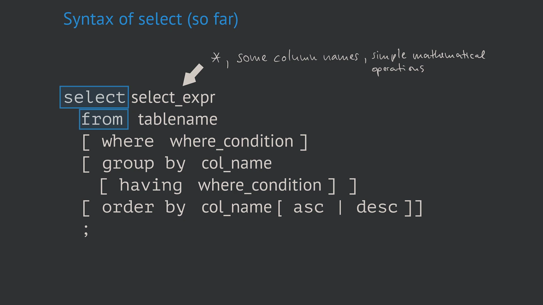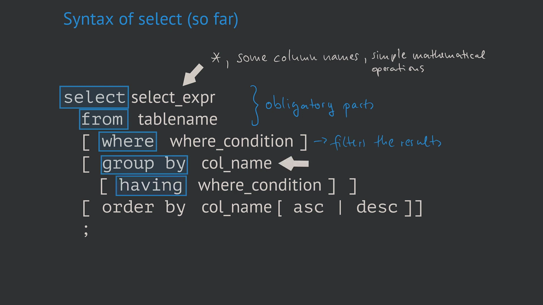Everything that follows now in the angle brackets is only optional. The optional keyword where is followed by a where condition, which in turn is based on one or more column names. The where condition typically filters or narrows down the result sets which are returned by the query. If we use the optional group by, the results are aggregated to groups according to their values of the column or columns specified in col name,